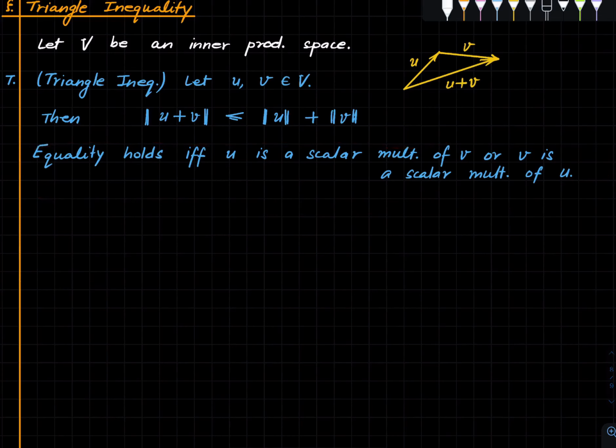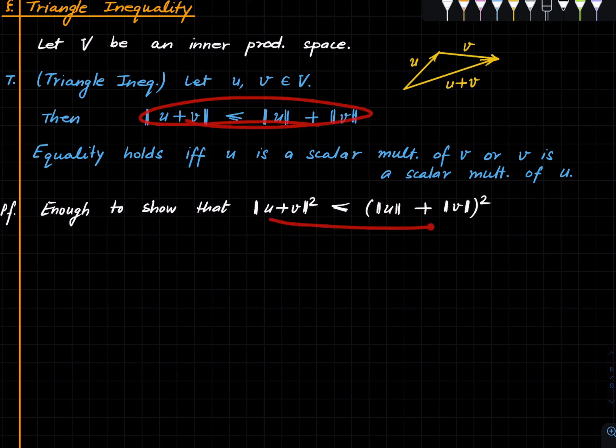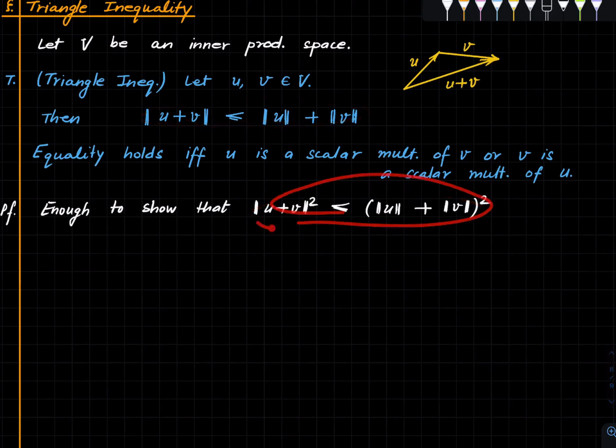So here is the proof. Let's start with the square of this sum. So it is enough to show that, this statement and that statement are equivalent, so we will just show this. So let's start with that expression. What is this? This we saw, this is equal to